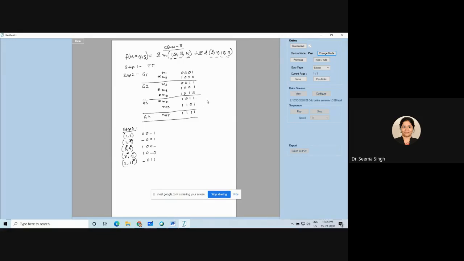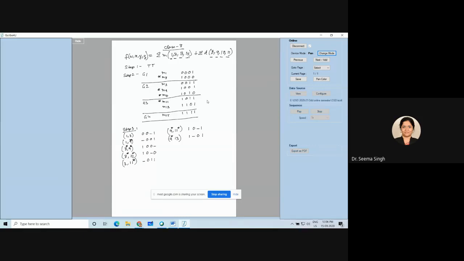So I will be doing that grouping now. Okay. Now let me use this part. 9 to 11 I am doing, and both 9 and 11 are don't care. So 9 and 11 is 1 0 dash 1, and I should do 9 to 13 also now. 9 is a don't care, 13 is not a don't care, and it is written as 1 dash 0 1, right? So 9 to 11 done, 9 to 13 done.